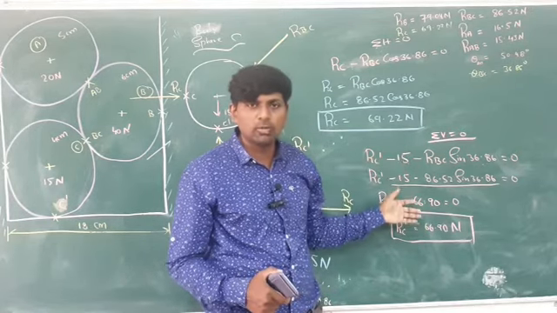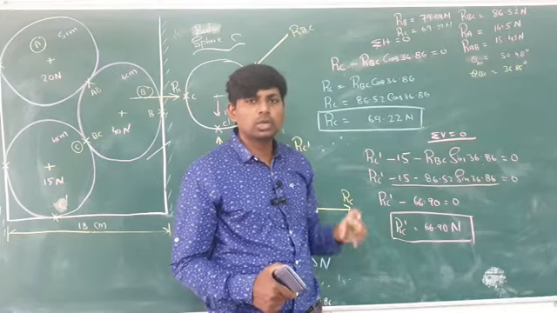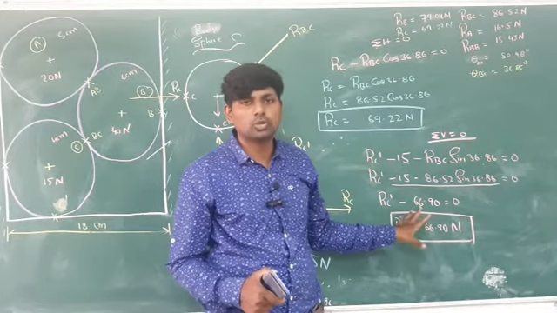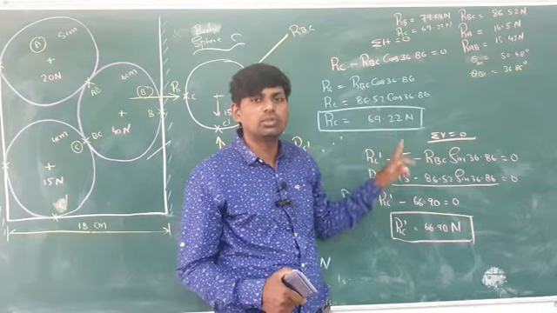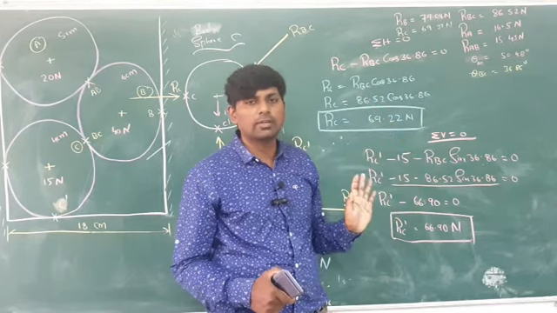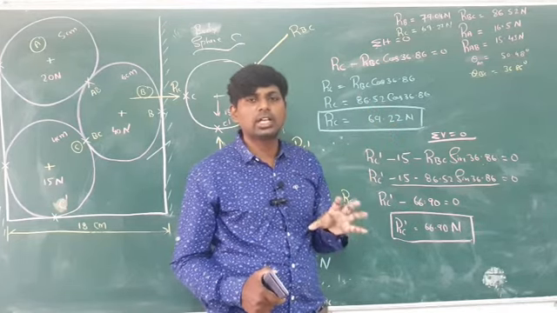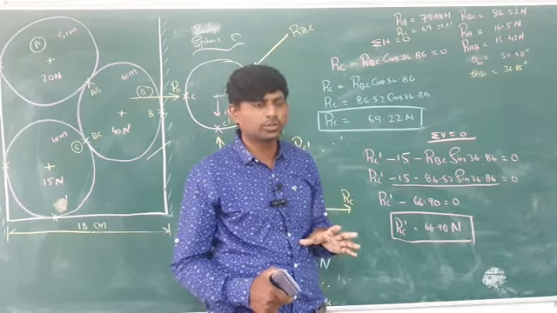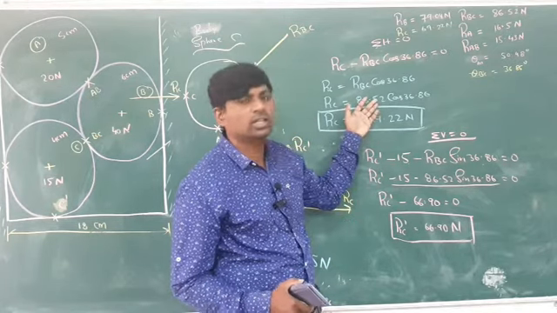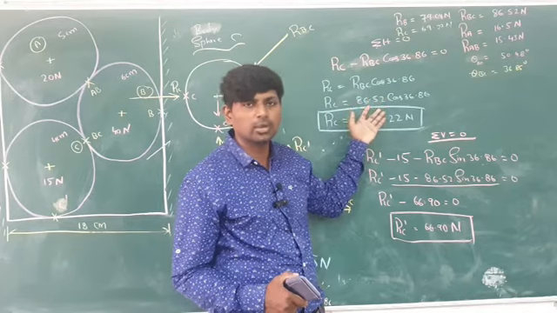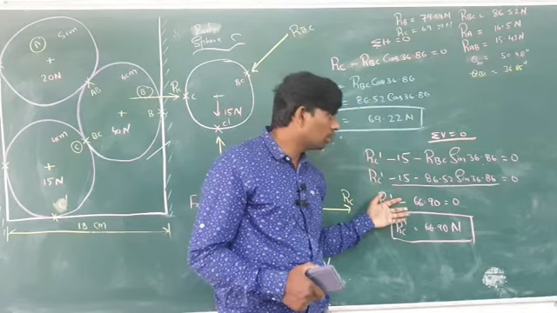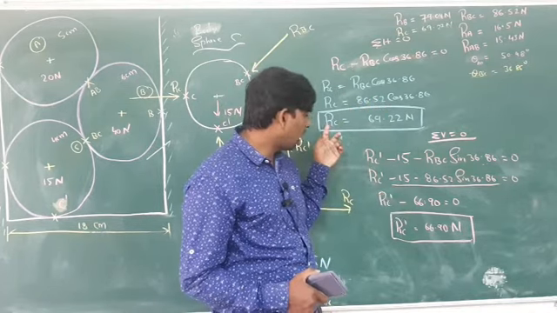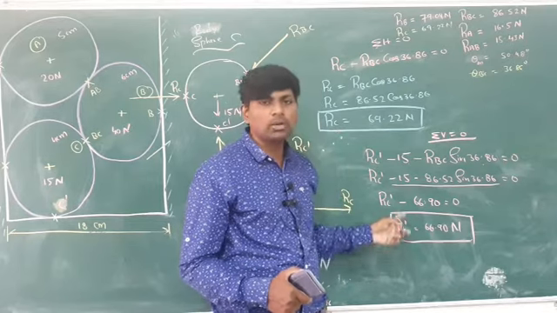If you select sum of vertical first here, you have to make it equation 1 and stop here. After solving this one, if you substitute this value here, then only you will get the value. So it is better to select the one having fewer forces first. Here I found the sum of horizontal has fewer, so that's why I selected it. Then you have to go for sum of vertical. Like this I will get RC, and here I got the value of RC dash.